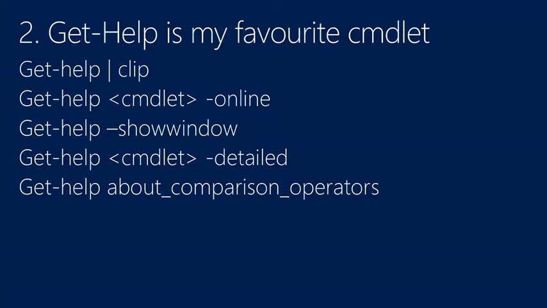So assuming you have an internet connection, you can say Get-Help, space, the name of the commandlet you're trying to get help for, dash online, and it will automatically take you out to the TechNet website and get the online help. It's fairly straightforward. Get-Help with -ShowWindow, if you'd rather have it show up in a window. And the -Detailed switch gives you examples. And I can also get help about comparison operators. The nice thing about ShowWindow is it shows in a separate window so it doesn't fill up your PowerShell screen, if you are working actively.